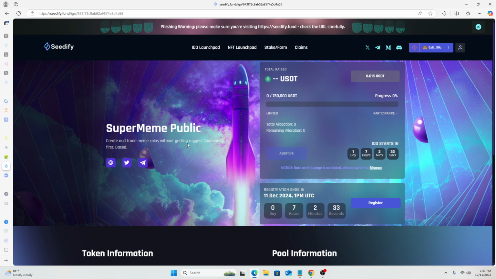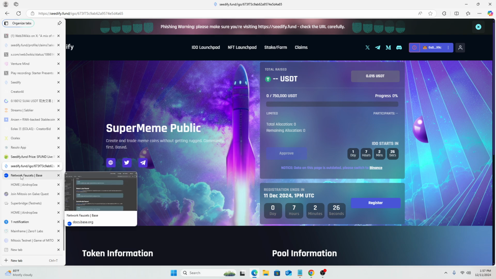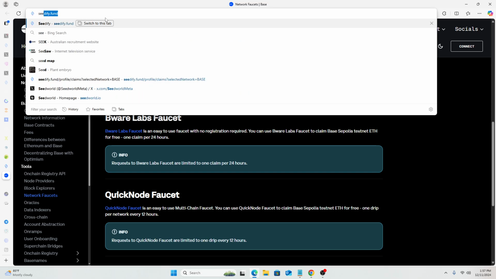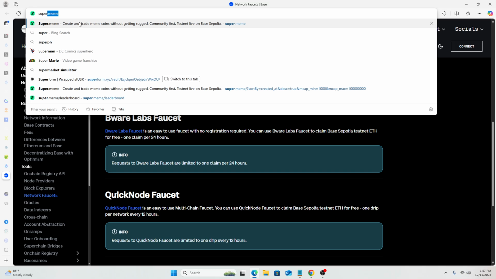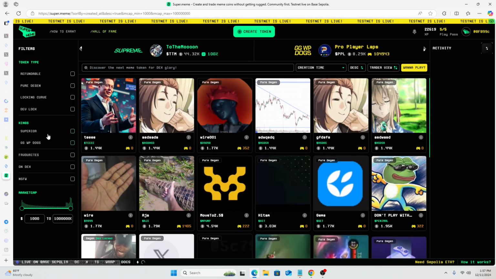I will not cover the utility of the token. Let's see if I can cover it very quickly. But it's a very strong token that one would want to have and hold. So that's why I'm interested in the token for its utility. So if we go back to CDFI, to Supermeme, my invite link will be in the description, by the way.